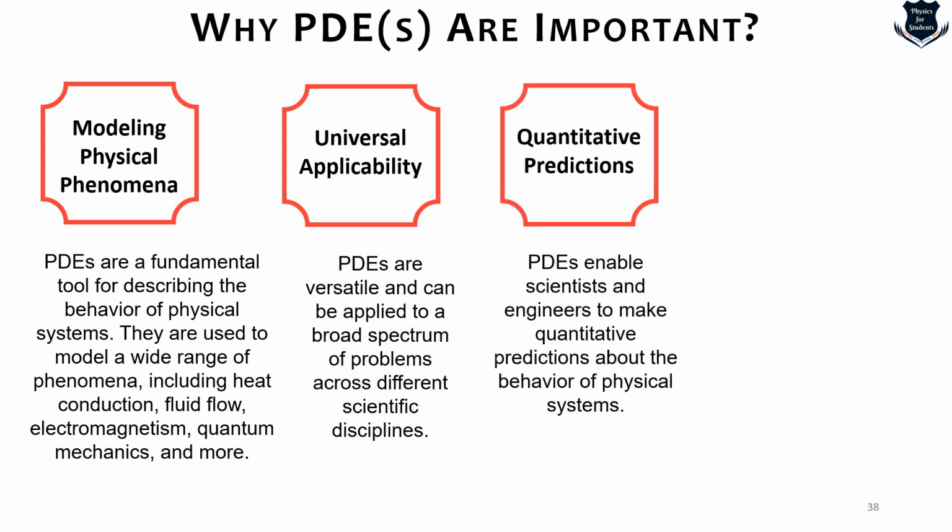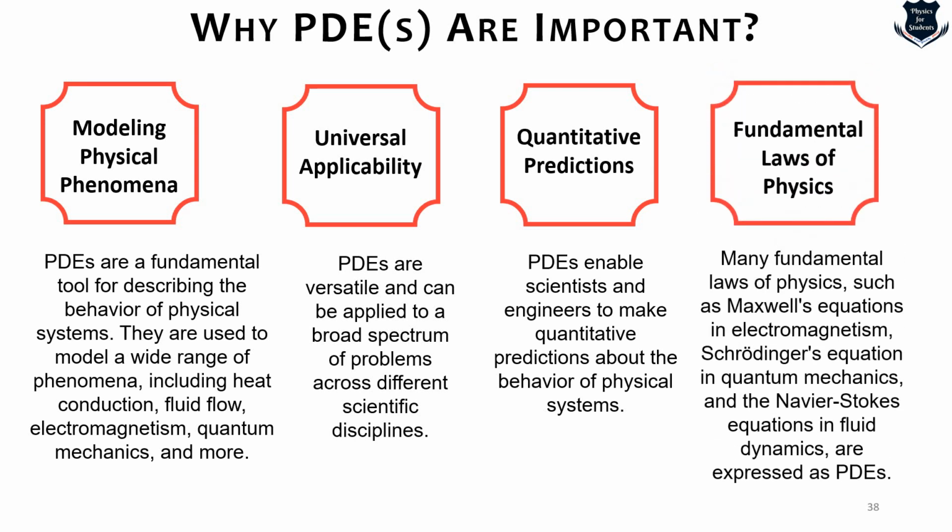Quantitative predictions: yes, scientists and engineers make quantitative predictions about the behavior of physical phenomena, and obviously the fundamental laws of physics like Maxwell's equations, Schrodinger's equation, Navier-Stokes equations and whatnot, the list will be endless. The fundamental laws of physics are being explained by partial differential equations. As you understand, nature is always at unrest. Nature is not such that whatever varies here will be obeyed over there. Nature is very complex, and that is why we need multiple variables,